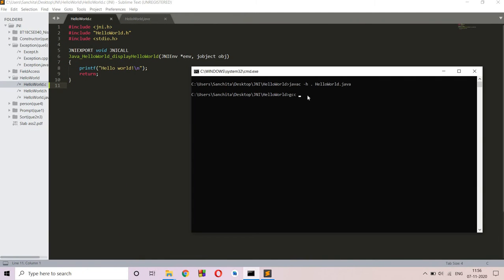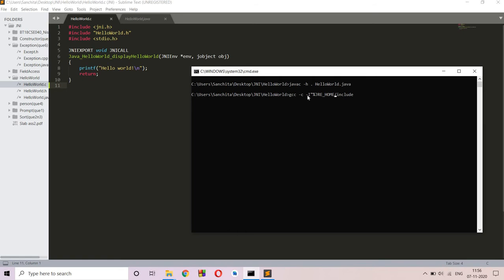So I'll write this command like this: gcc. Here we write JAVA_HOME in percent symbols, so that we are specifying the path which we have stored in the environment variable. And here inside the include folder we have to go.